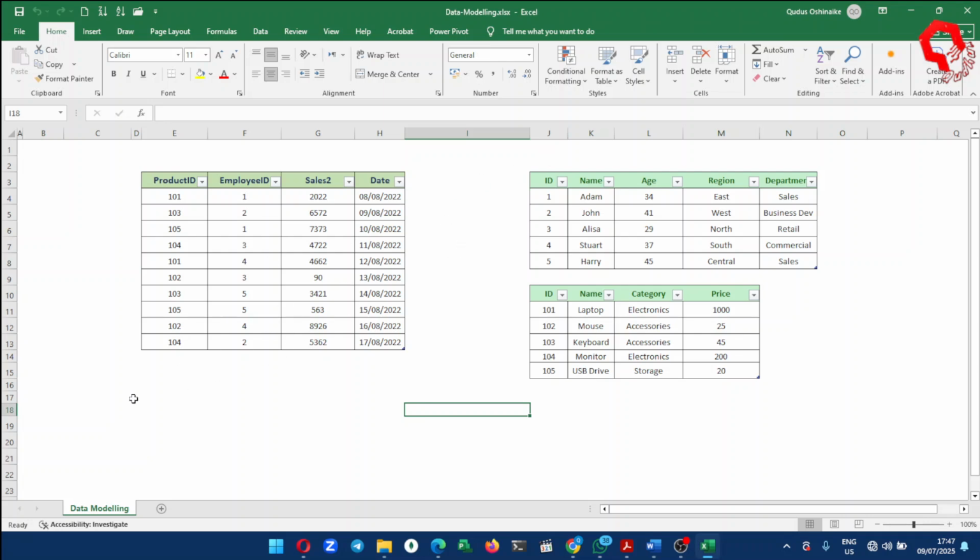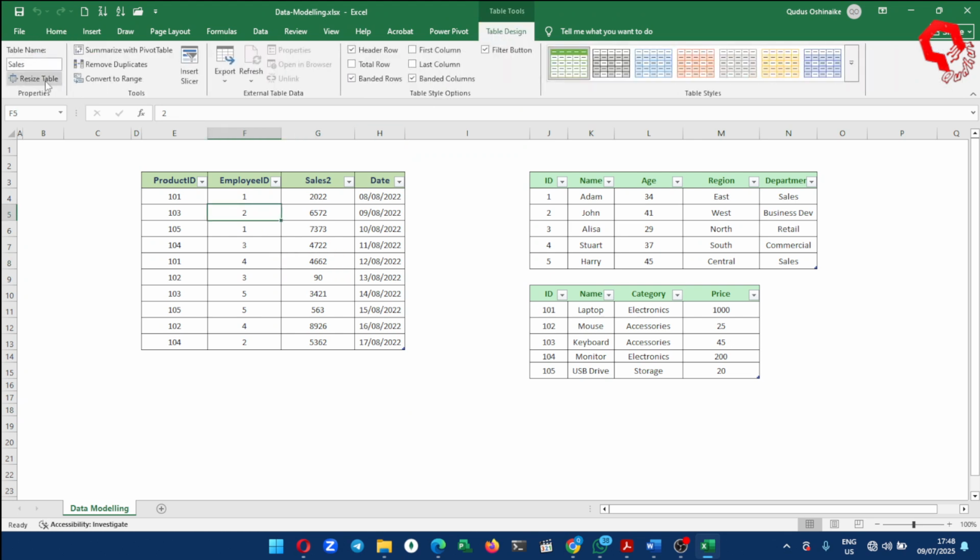Now I can see I have my tables in my worksheet. I have just one worksheet in my workbook. You can see data modeling, and there's no other sheet here. And I have three tables. I want to analyze this table, for instance, my sales table. You can see the name here, sales. Again, please, when naming tables, let's make sure the names are meaningful. So I have employee and product tables,